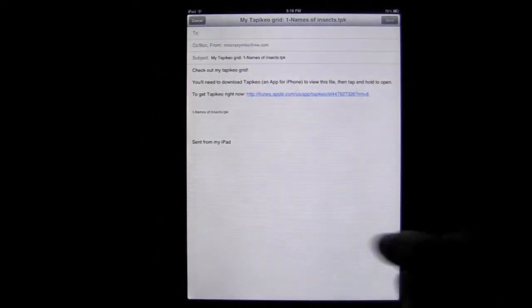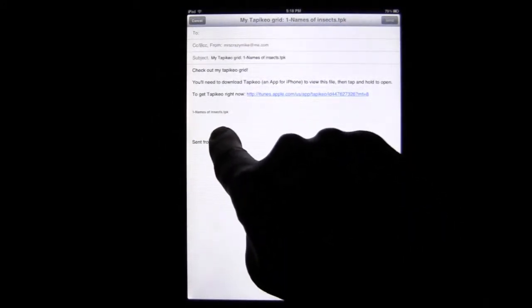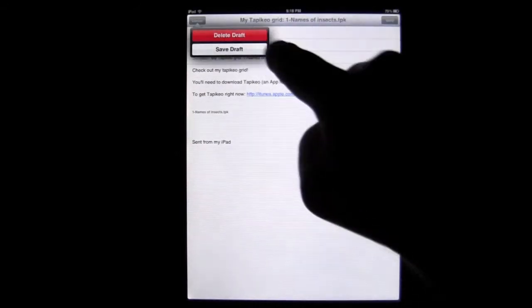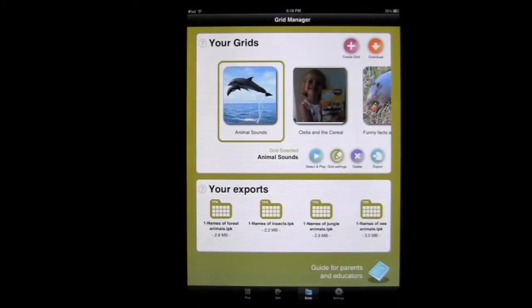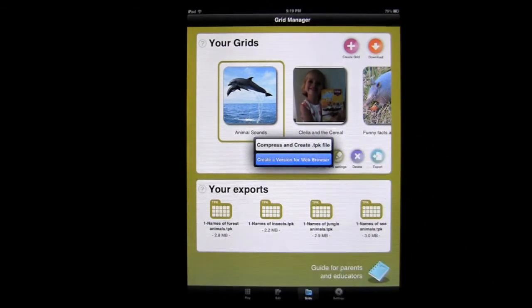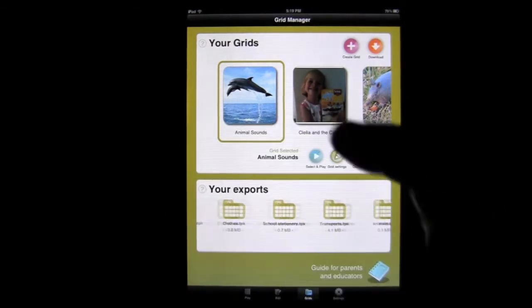You put the email address in there, and the file is in here, onenamesofinsects.tpk. Again, the other person is going to have the Tapikeo HD application to use that. We'll delete out of there. Another way you can export grids is through create a website version for the browser. Tap there, and it's actually going to create an HTML file you can scroll through